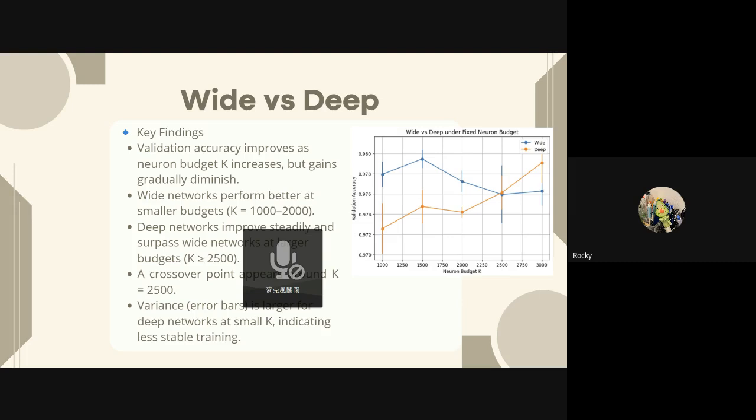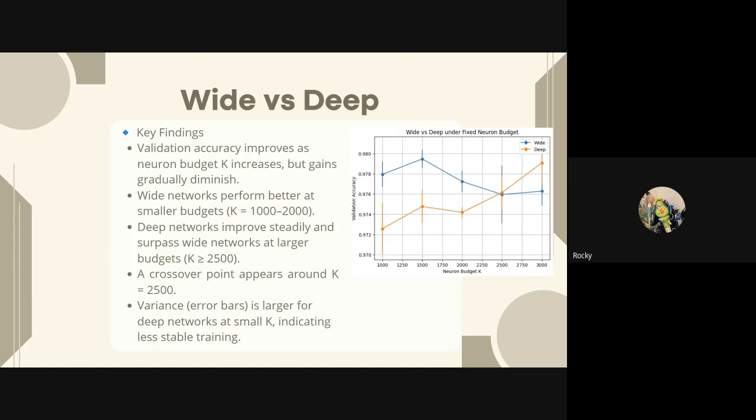The results show that validation accuracy generally improves as the neuron budget increases, but the rate of improvement gradually slows down, indicating diminishing returns. At smaller budgets, K equals 1,000 to 2,000, wide networks consistently outperform deep networks. This suggests that wide architectures are more efficient when model capacity is limited, likely due to easier optimization and more